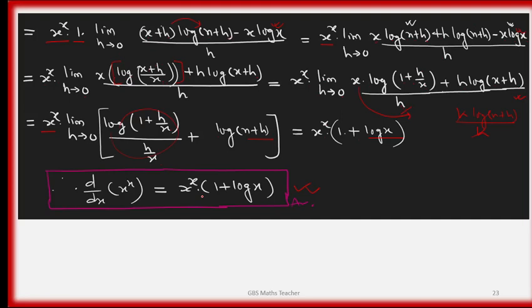First we develop this, and suppose this is y: 2xh plus h square is y, as h tends to 0 and y tends to 0. Then it shifts as d by dx of 2 to the power x square equals 2 to the power x square times limit y tends to 0 of 2 to the power y minus 1 by h. 2 to the power x square is as it is, limit y tends to 0 of 2 to the power y minus 1 by y, times limit h tends to 0 of y by h. The same pattern we followed.